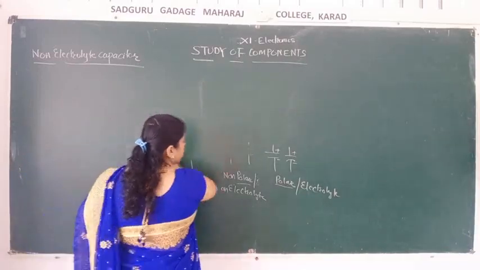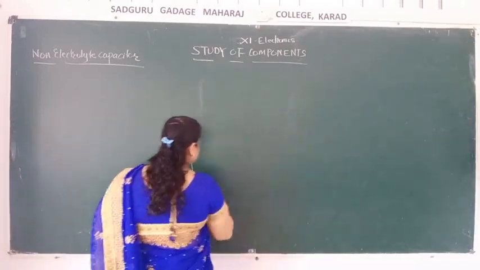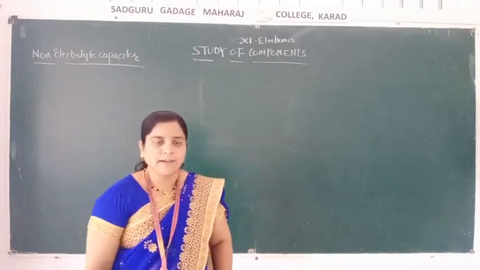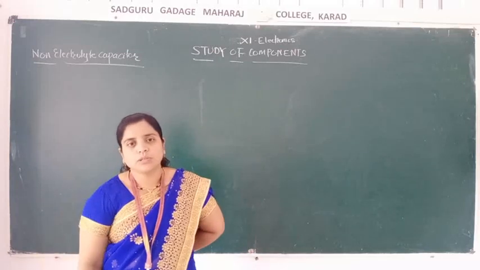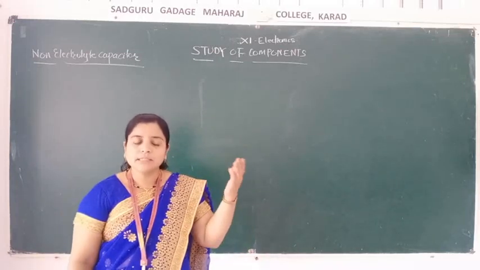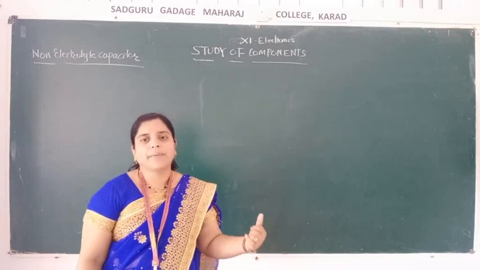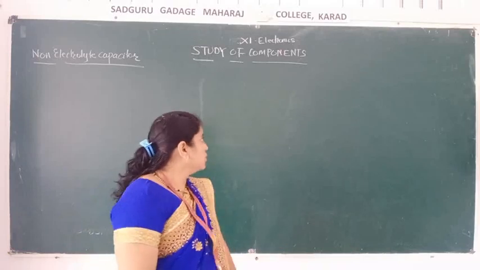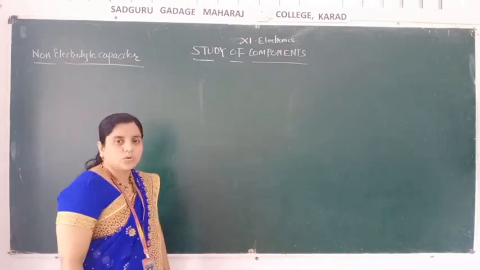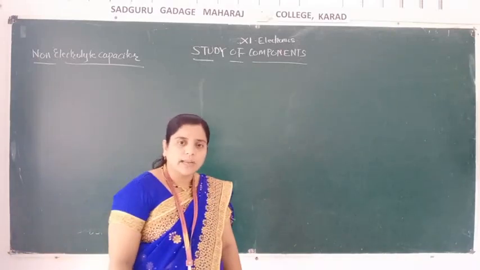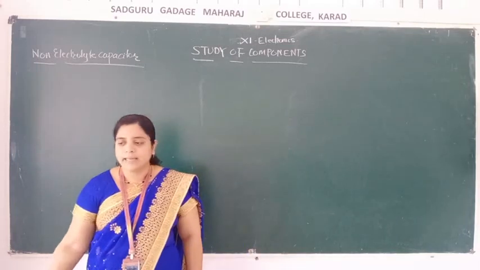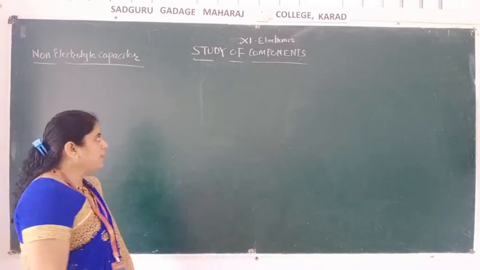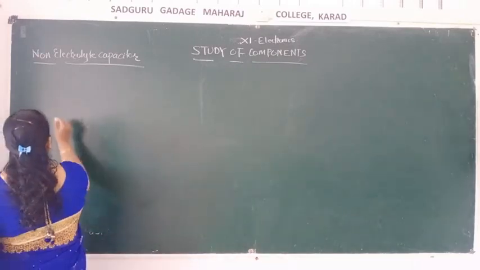Then what is a capacitor? You know. I have told you so many times that a capacitor is nothing but a device which is used to store charge. And how the charging and discharging of a capacitor happen, we have seen in the previous lecture, isn't it? Today we are going to see the non-electrolyte capacitor, which means a capacitor having no polarity. The non-electrolyte capacitor has four types.